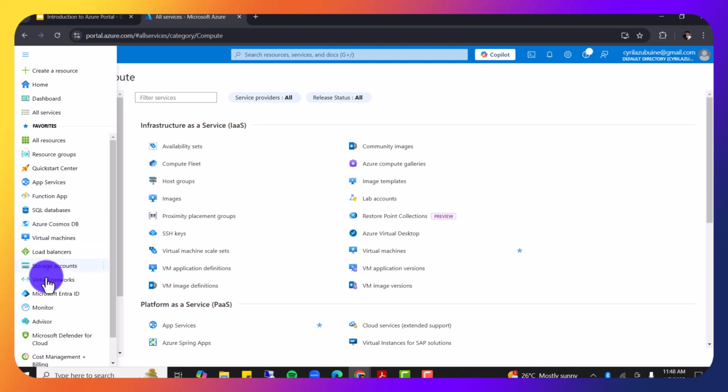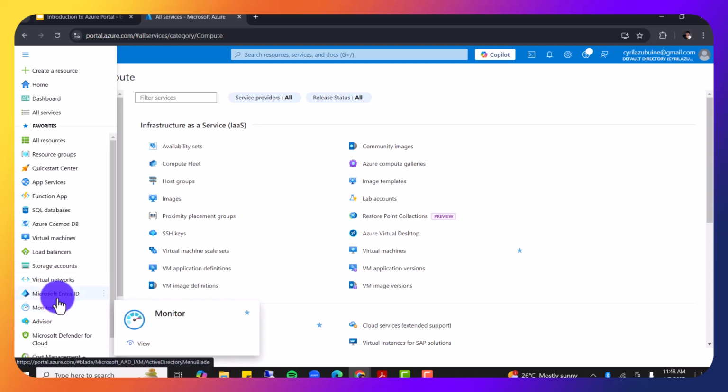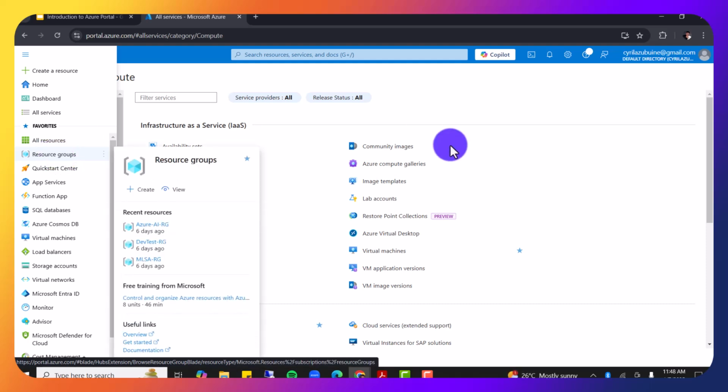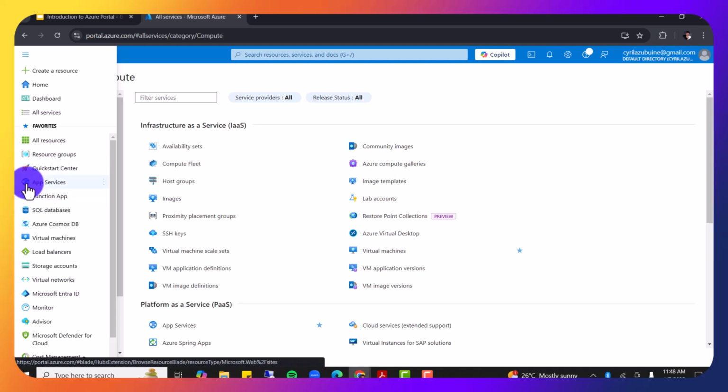This is just more like where you have your major resources that you will probably be using at this particular time of you getting your subscription. So Microsoft already know that you should be able to create maybe your resource group, which is more like a logical container that houses your resources. Then quick start center, app services, SQL database, Azure Cosmos DB, virtual machines, and the rest. So these are more like the major resources that you'll probably be using when you have access to Microsoft Azure